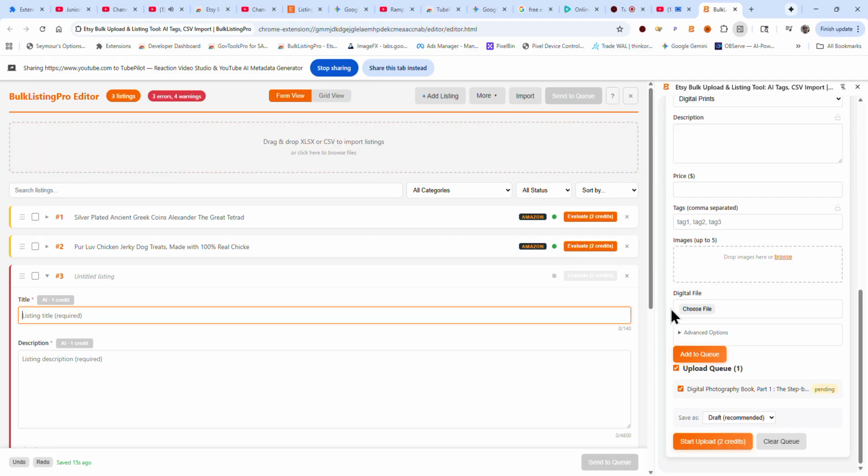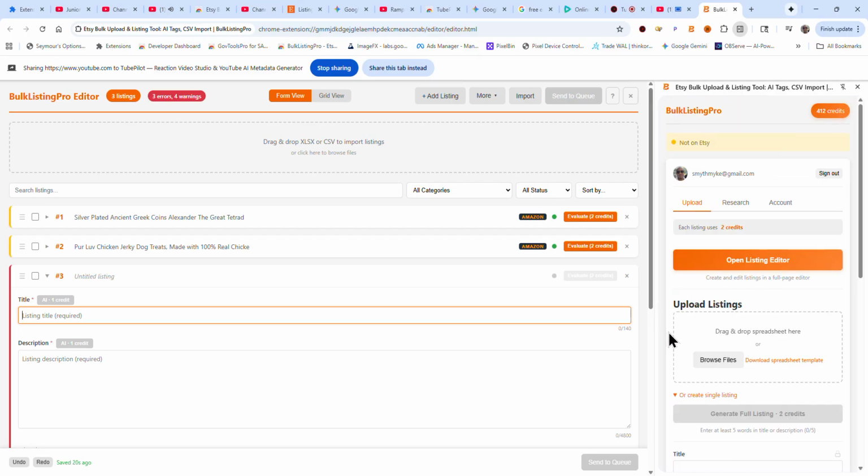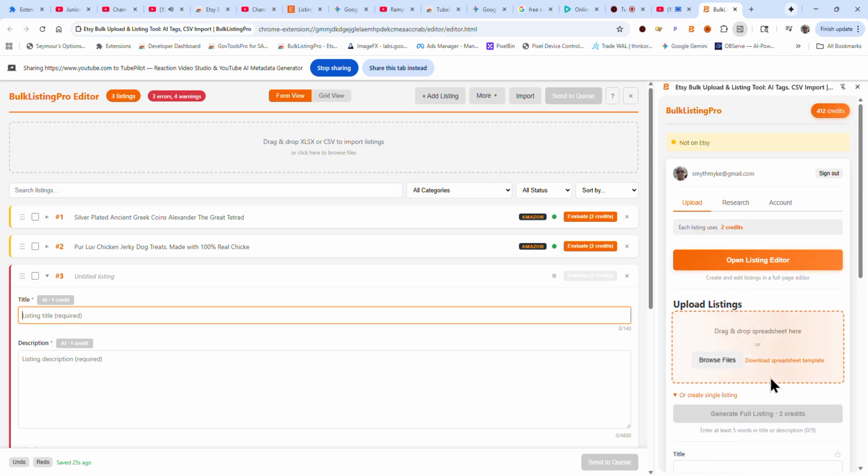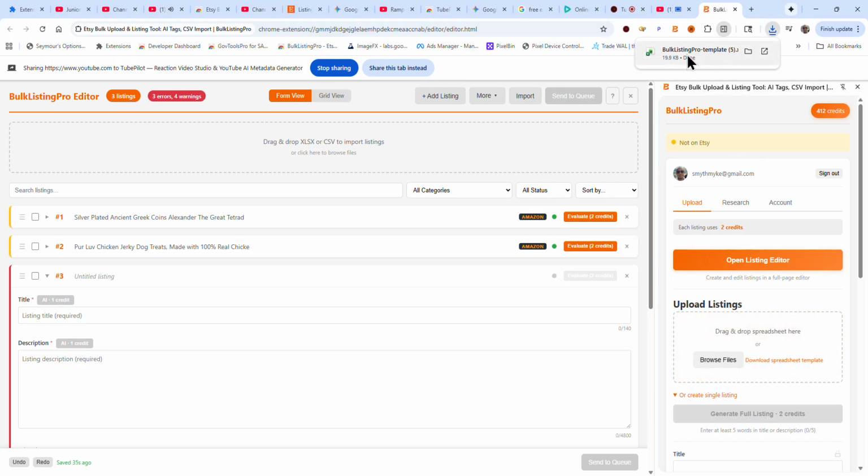So Bulk Listing Pro actually uses its own CSV, and it actually works directly with Etsy, so it's configured to work with Etsy. Come over to your panel and click on download spreadsheet template, and that template is what you'll fill out. So if you click on that, it's going to download to your desktop,